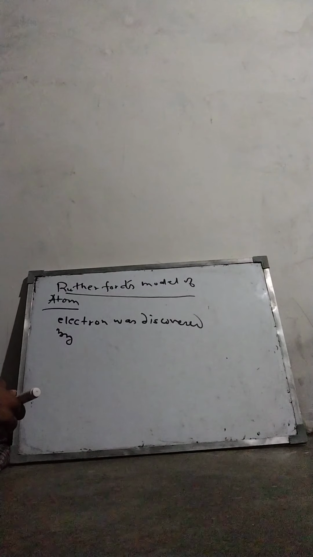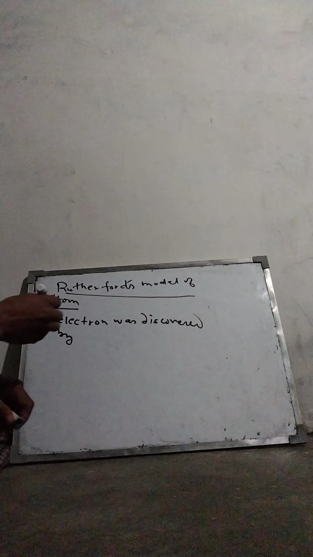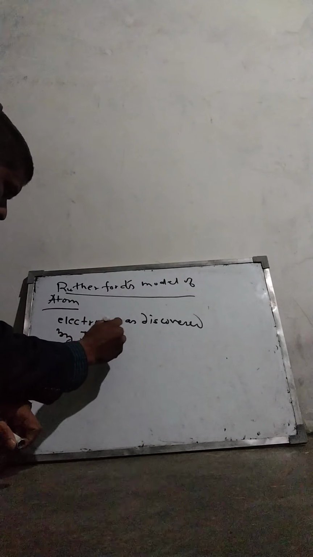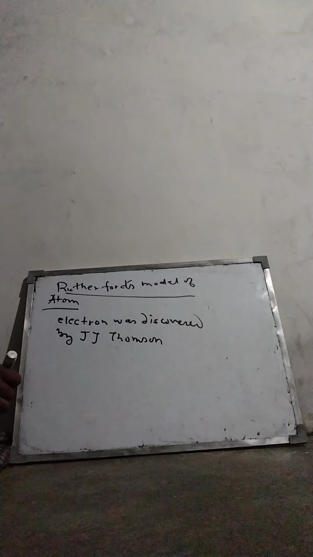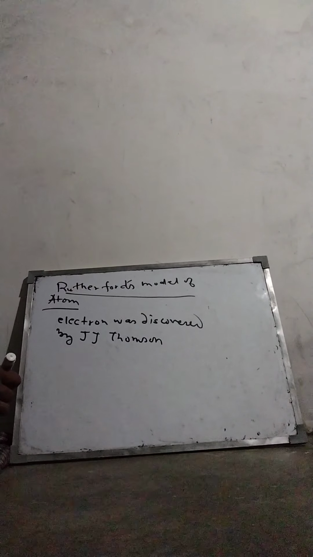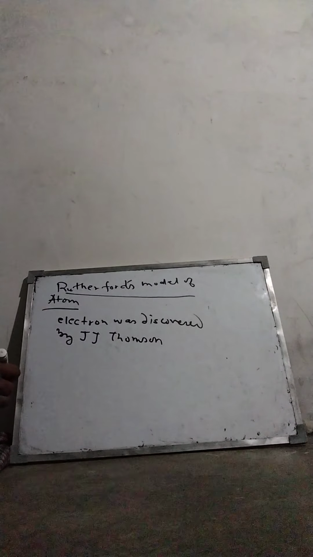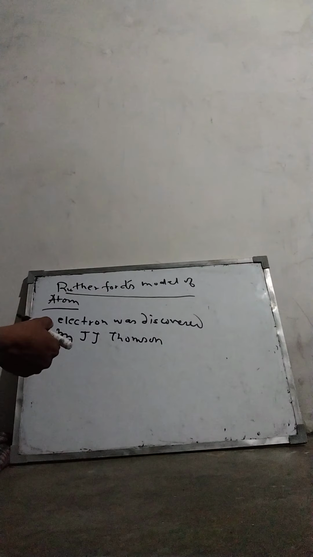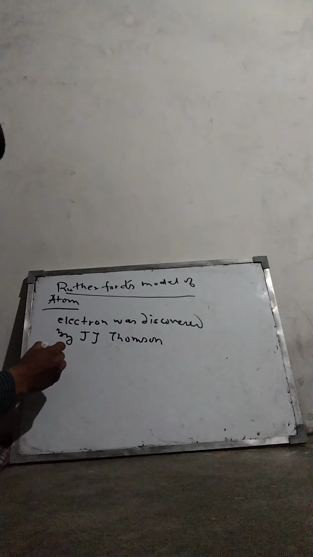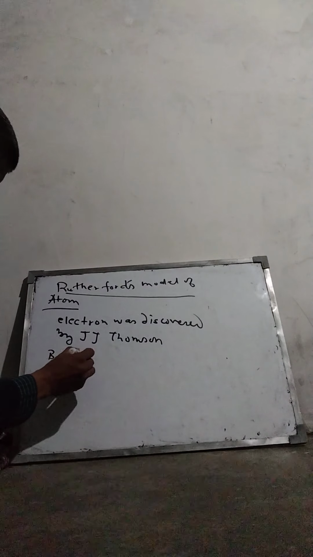So today we are going to discuss Rutherford's model of atom. We know the electron was discovered by J.J. Thomson. How did Rutherford come to a conclusion about the model of atom? He came to the conclusion by the experiments of